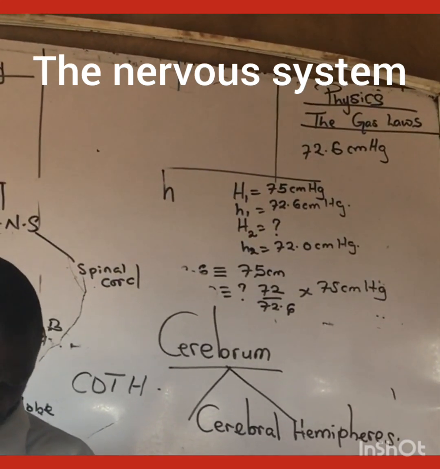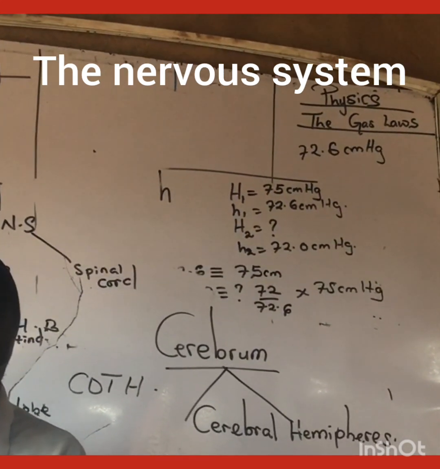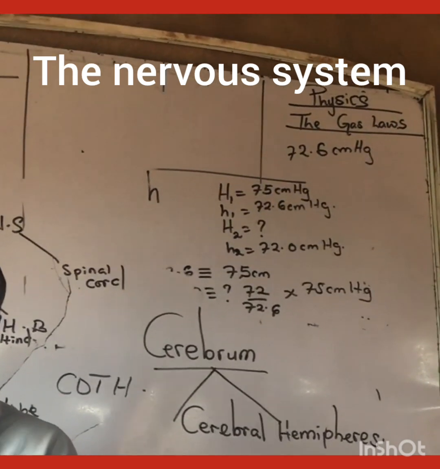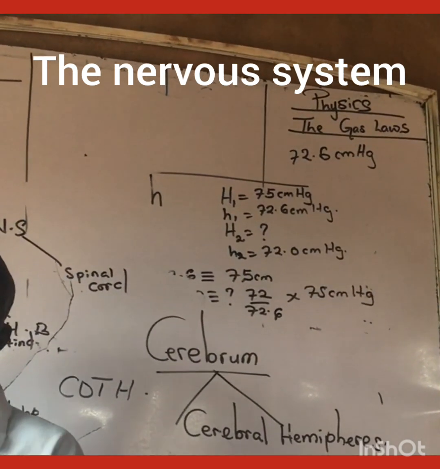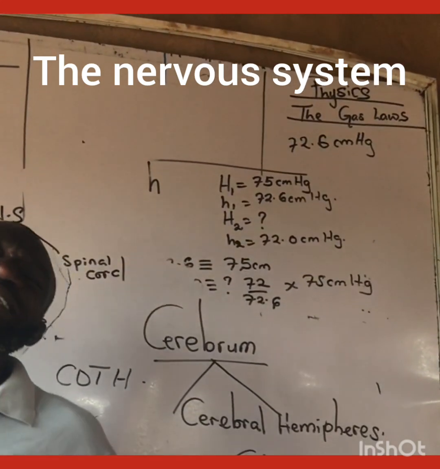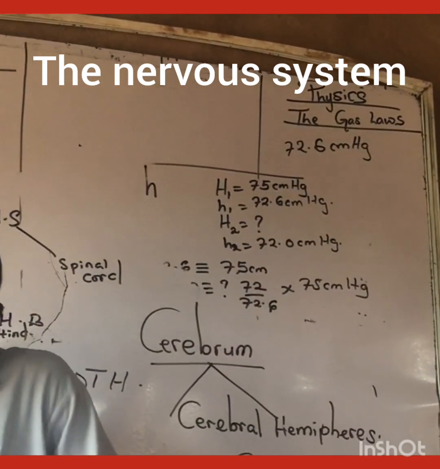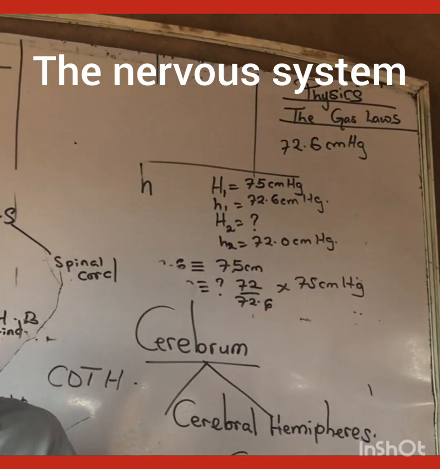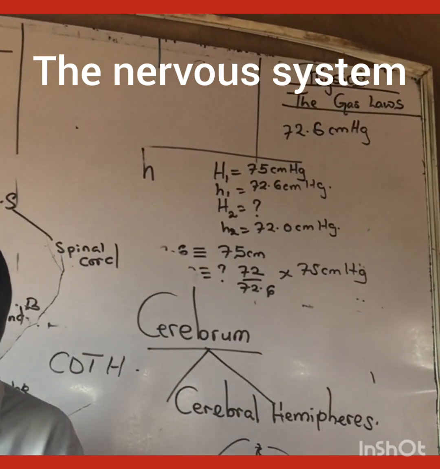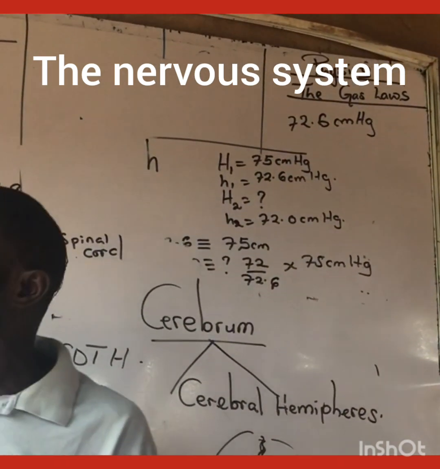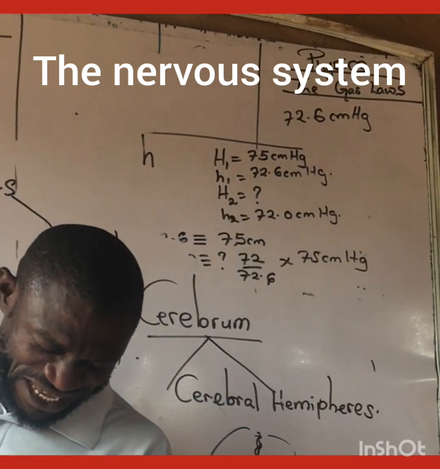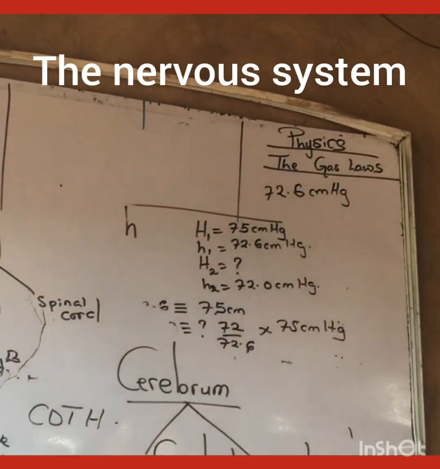Remember we said something about the outer part of the cerebrum. What did we call it? The gray matter or cerebral cortex. Now, the inner part of that outer surface, what did we call it? The white matter. Now let's move on. The outer part of the cerebrum is known as gray matter. Why is it known as gray matter? Because they are